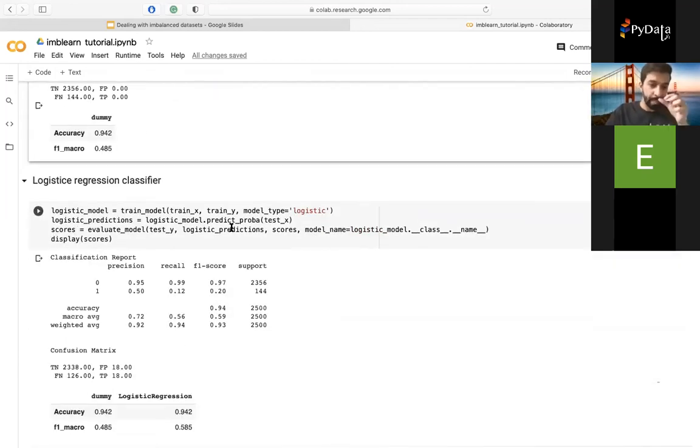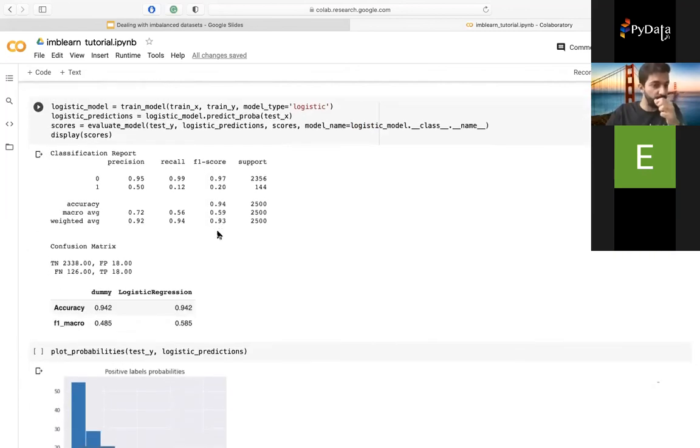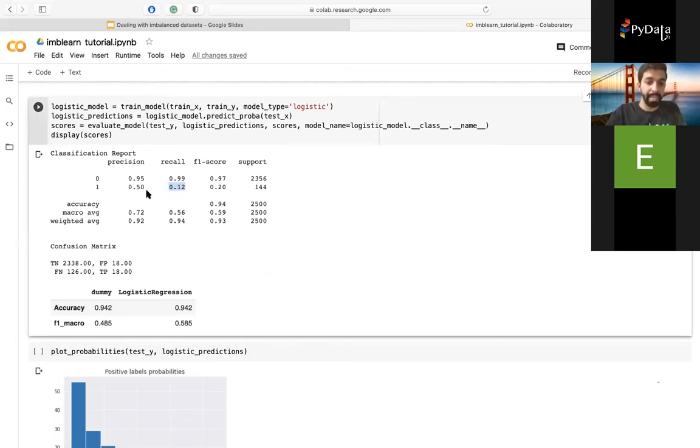We try first a normal linear classifier, like logistic regression. We see that it slightly improves over the dummy model. There's an improvement in the recall, but it makes equally bad positive predictions. We see it has the same false positives as it makes true positives.